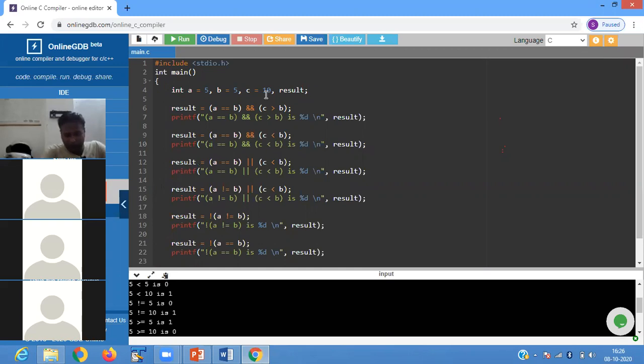So three variables were defined. Then we define a result.